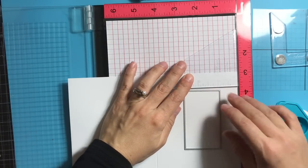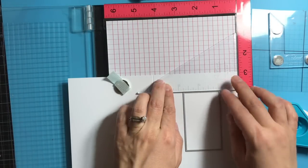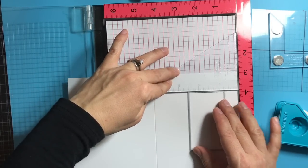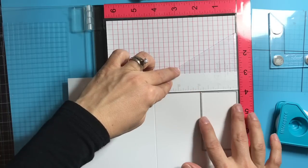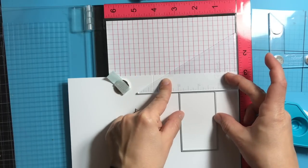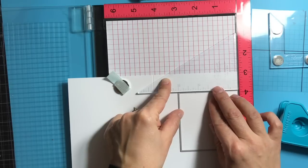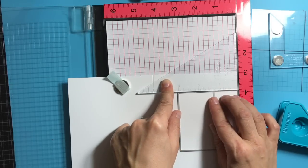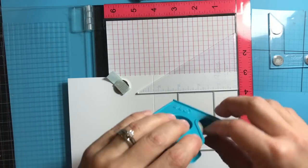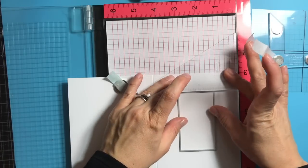So here I'm using the Creative Corners actually to position my die. I want to emboss this little rectangle. So I'm positioning the triangle piece on the side of my MISTI, and that gives me a parallel line with the top edge of my card base. And that way as well the grid, the ruler part of it, allows me to center it onto my card